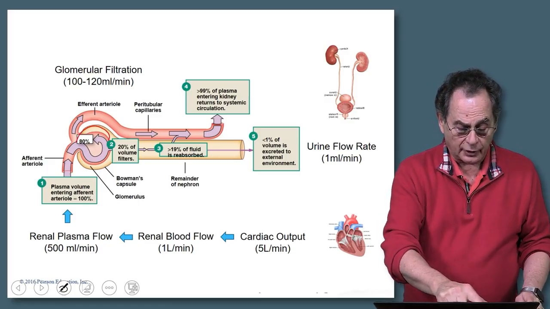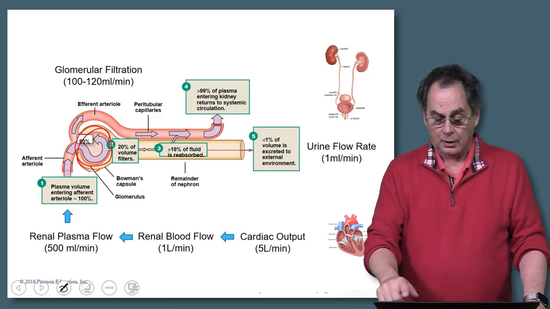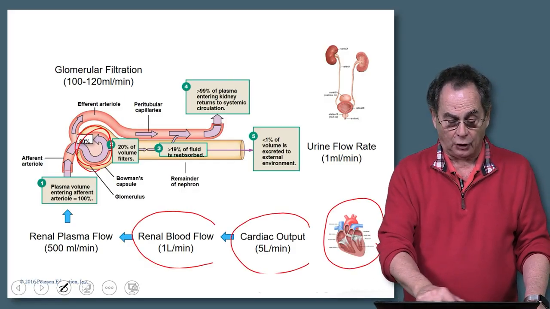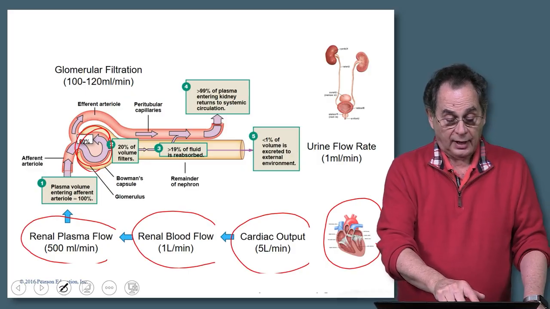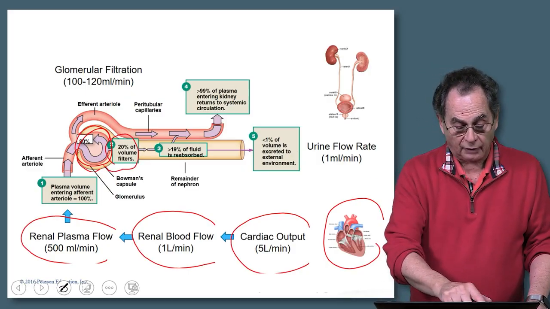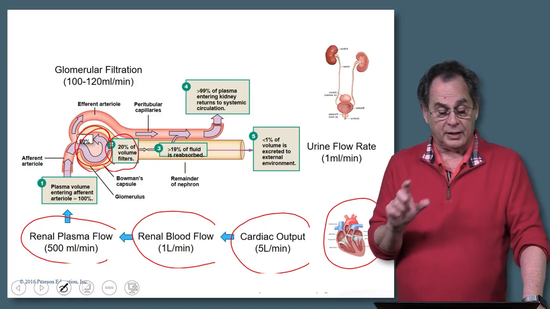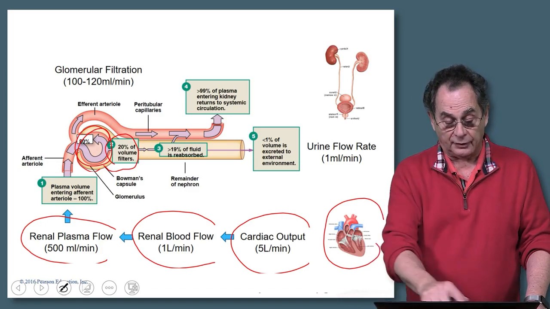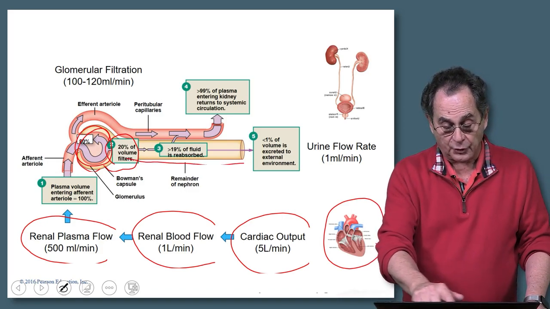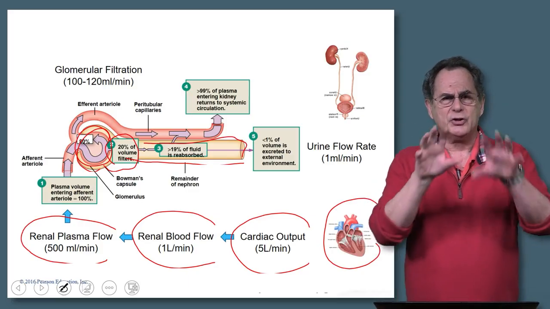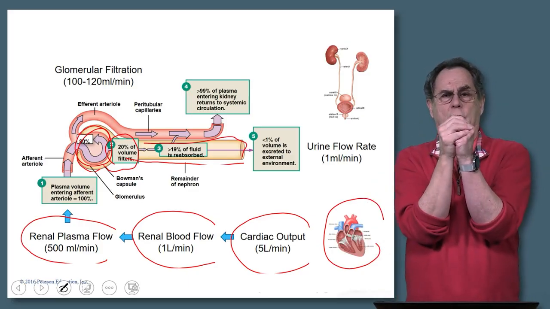So just going to start, here's our glomerulus. Now, we start off with the heart and the cardiac output, the renal blood flow and the renal plasma flow. And the renal plasma flow comes into here, and about 20% of this renal plasma flow every minute, about 1/5, is filtered into the kidney tubule, and this represents the kidney tubule, not divided into the structural elements that I showed you earlier, but just that sort of generic,